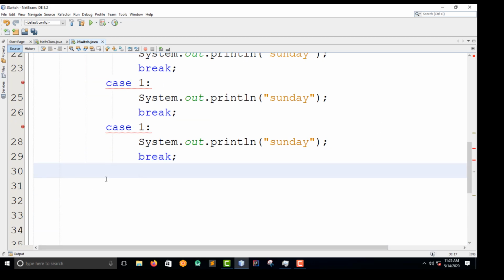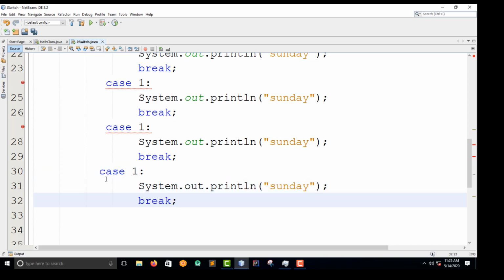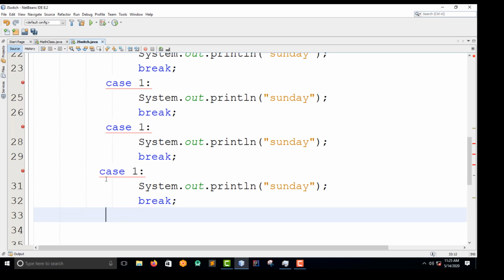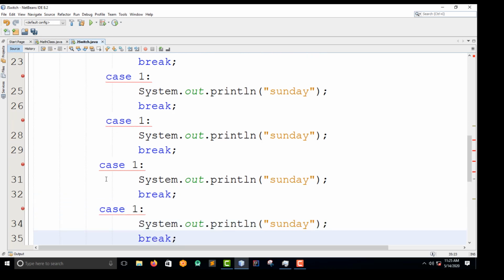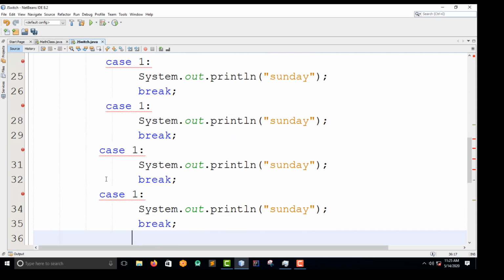Then I have another one, and then Control V, then Enter, Control V, and Enter.